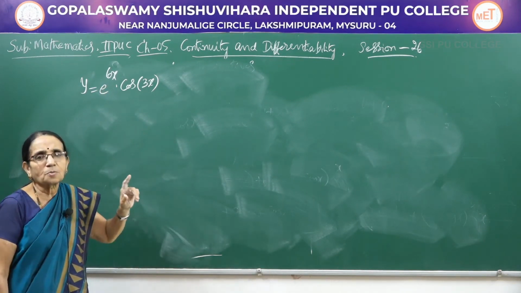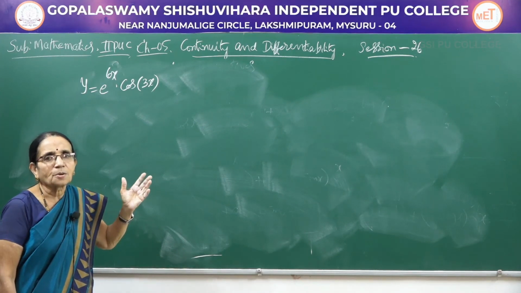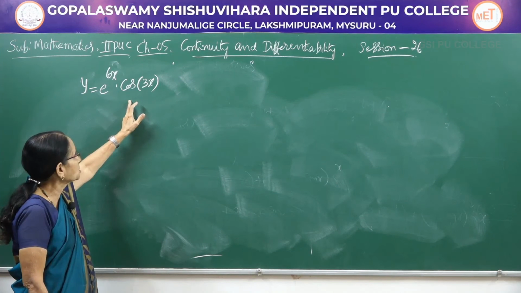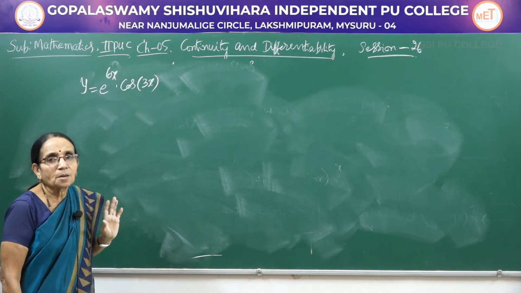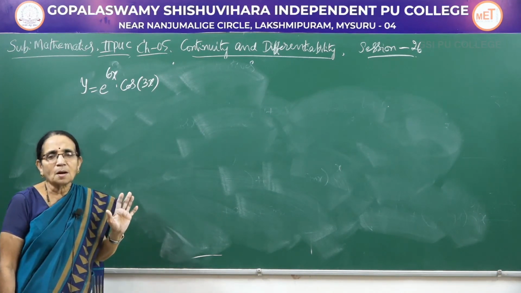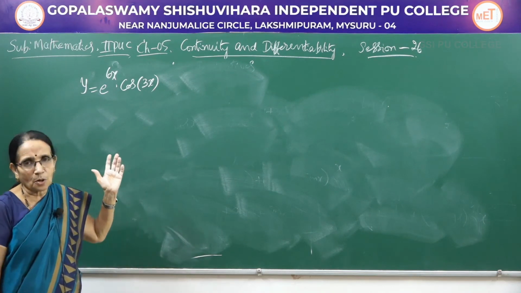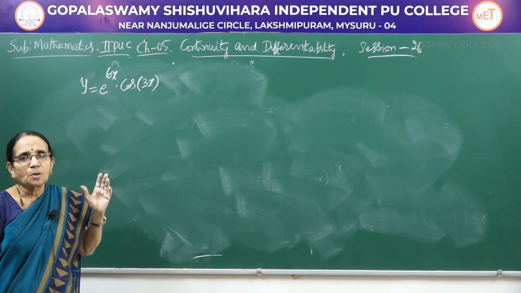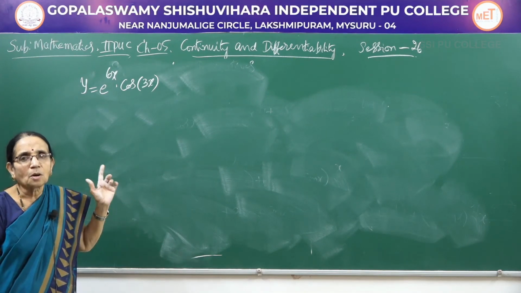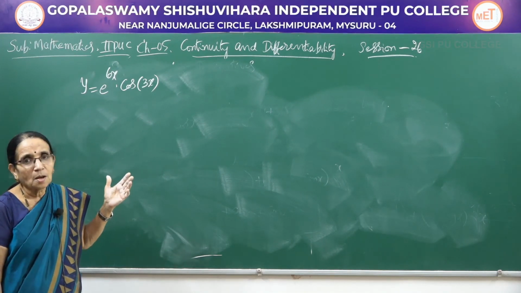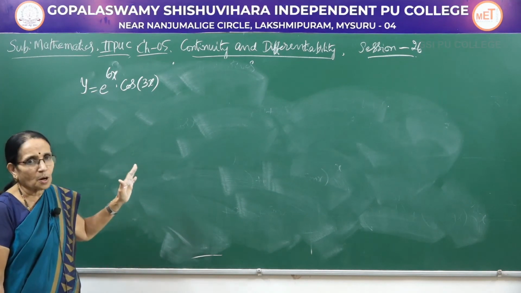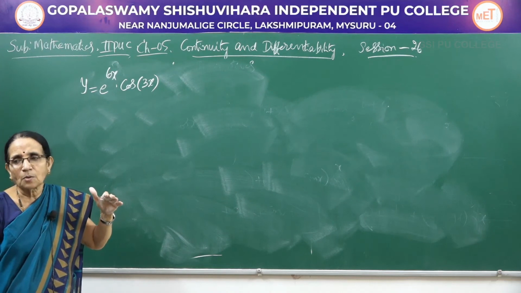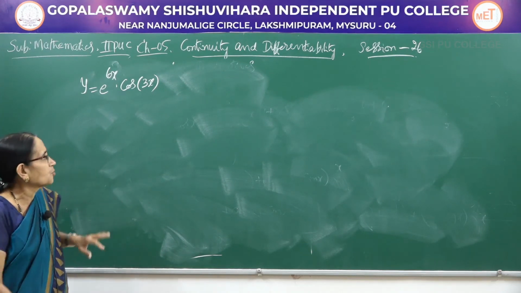Here again, cos x is a simple function, cos of 3x is a composite function. So, this has to be differentiated, then you have to differentiate 3x also. Since both the factors of the product are composite functions, when you differentiate both of them you have to apply the chain rule, and on the whole it is a product. So, product rule and chain rule. Then for the second derivative, you have to be a little bit careful.